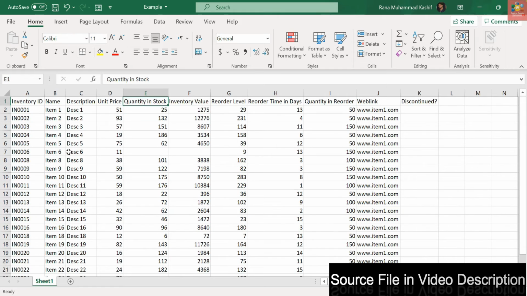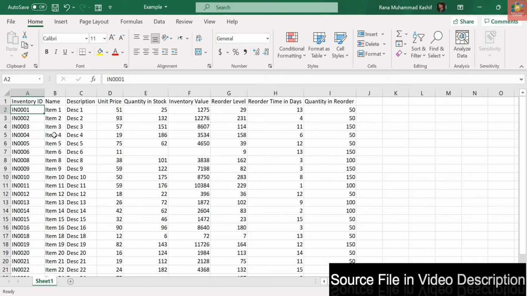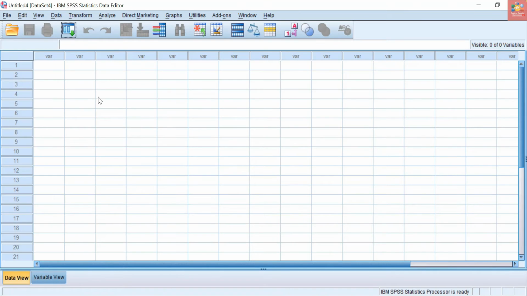I have removed these NAs, and also if there is any unwanted information, for example, I don't want these last two columns, I have just deleted these last two columns, and I want to retain the other variables in this data. So I just press Control plus S and save it,